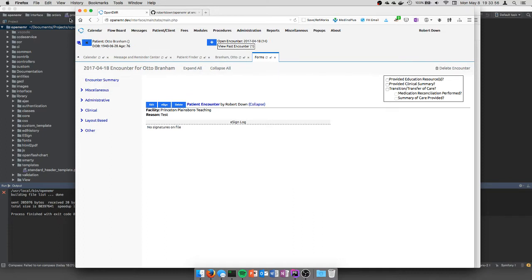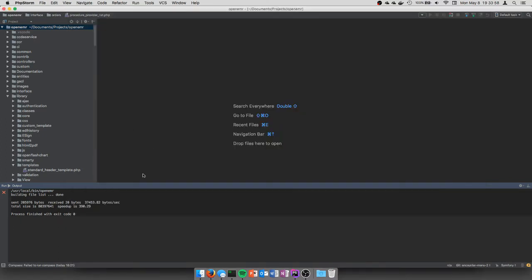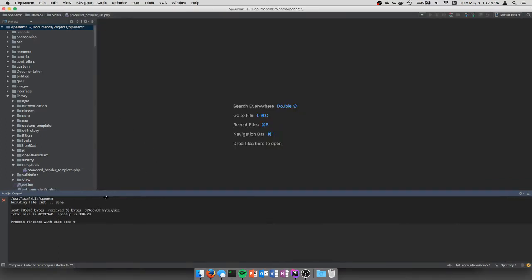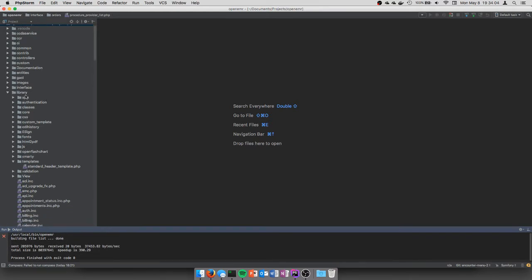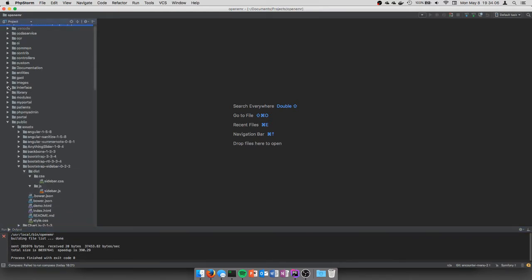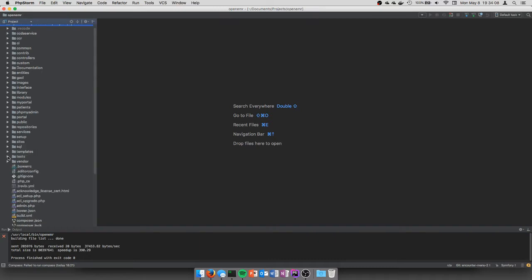And I have an idea of how to do that. I was working with Brady the other day, and we spent some time looking at how to best go about this. And what we found was,